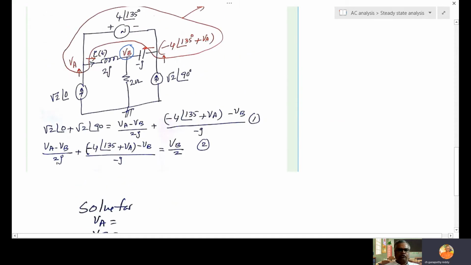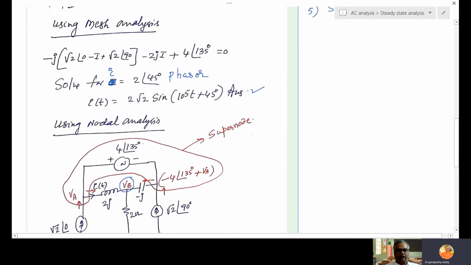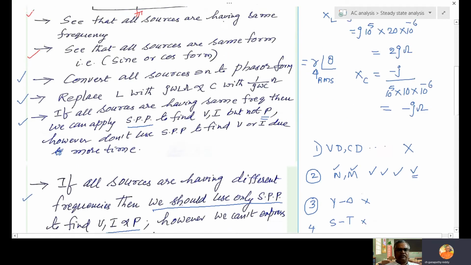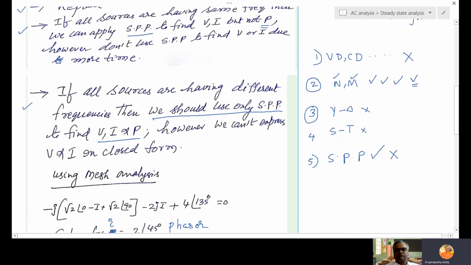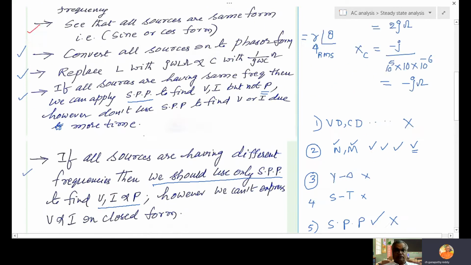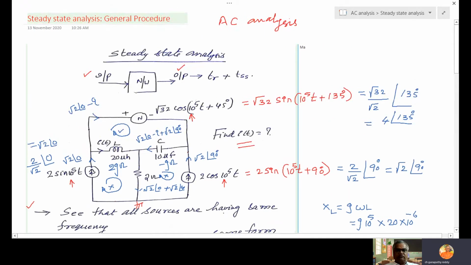So this nodal approach takes more time because of two unknowns, two equations. This is the division form, it takes more time. So nodal will take 20 minutes, mesh will take 5 minutes. So that's why which method you select is also important. So this is how an AC circuit can be analyzed.